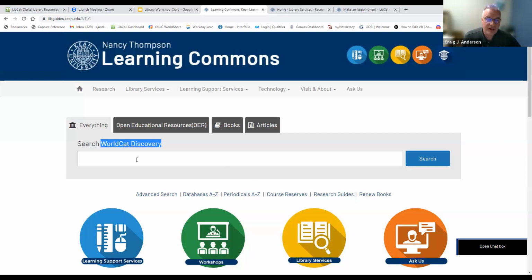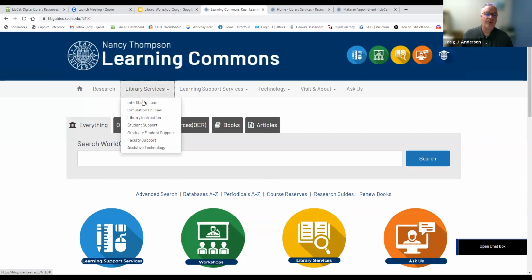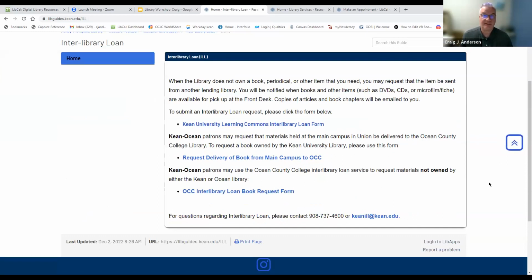If you do find a book through WorldCat Discovery, and it's a book that we do not own in our library, you can choose to order that book through something called interlibrary loan. If you go right up here to library services, we have a program called interlibrary loan, and that will allow you to order books, like I said, from other libraries, other institutions and such.